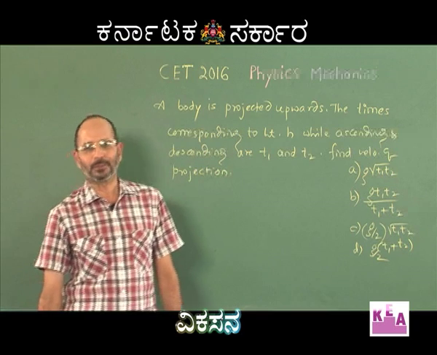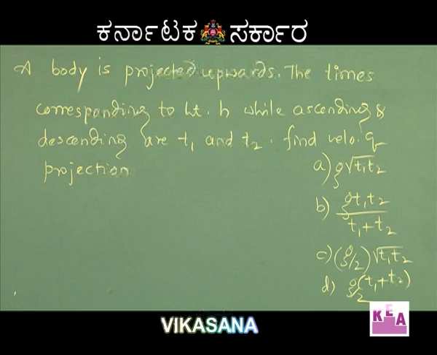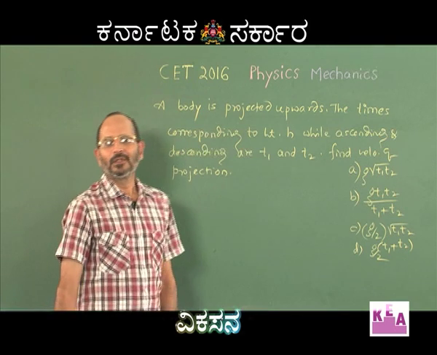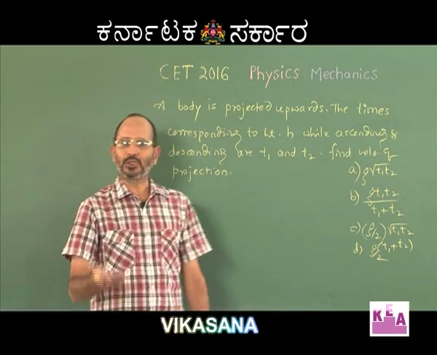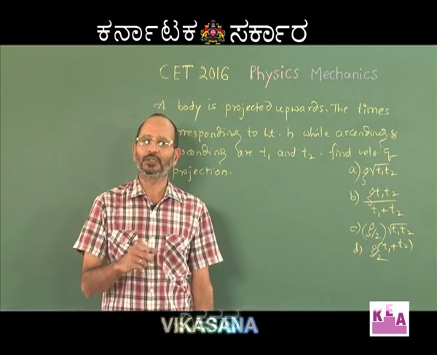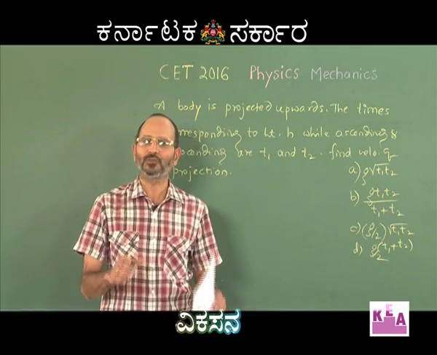One more interesting question. A body is projected upwards. The times corresponding to the height h while ascending and descending are t1 and t2. Find the velocity of projection. What he has given here is a particle that has been projected upwards and it is going to be at a particular height h from the ground